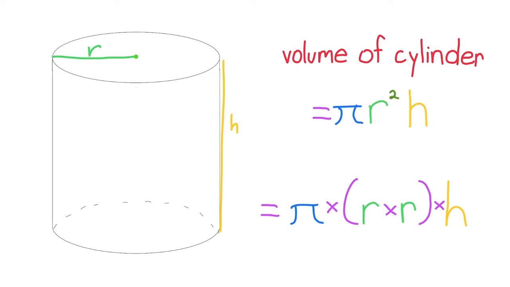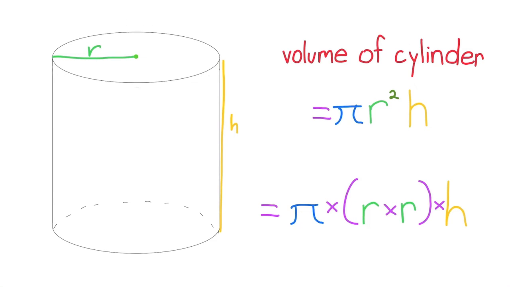So usually we have a cylinder with the formula written out: pi r squared times the height. The height being this and the r being this, which is equal to the radius. This would also look like pi times the radius times the radius times the height, because we're multiplying this number by itself 2 times, which is what r squared means, right? So now that we know the formula for the volume of a cylinder,